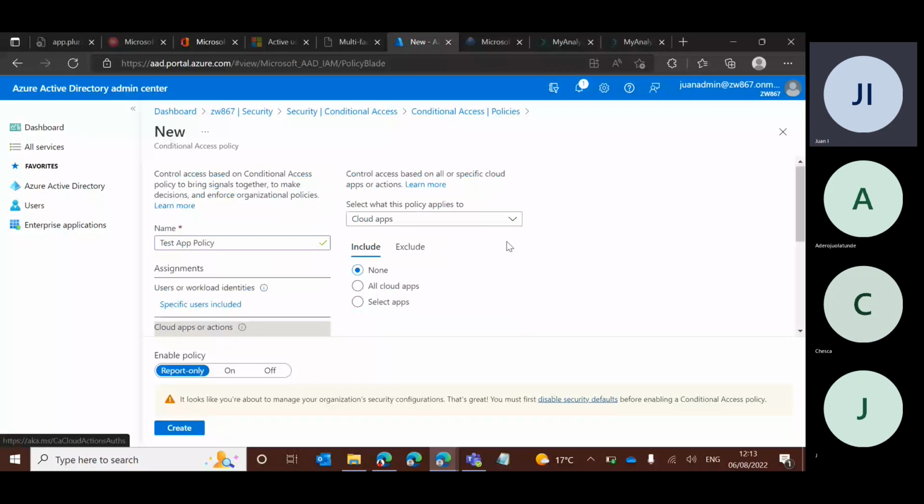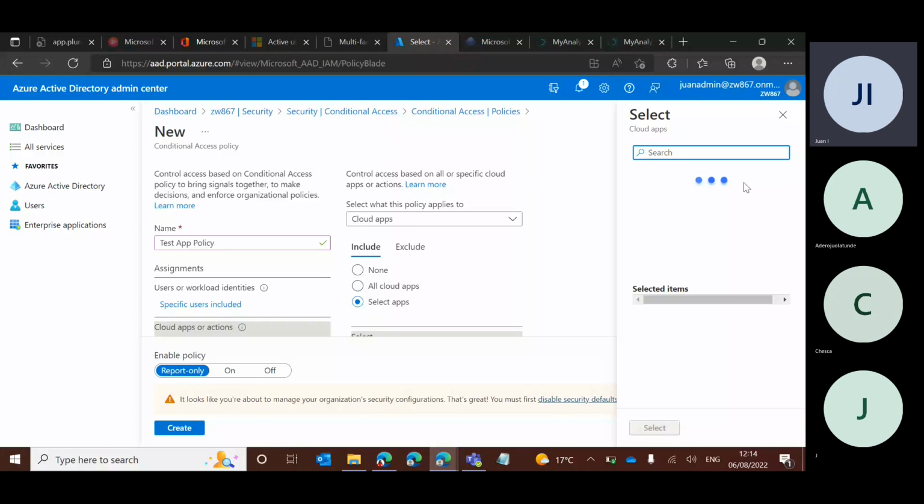What I'm trying to say is, if the users in the tech security group try to access maybe Microsoft Teams, or if they try to access Outlook, I want them to provide an extra bit of verification that they are really the ones trying to log into that account. I want them to provide an extra layer of security, an extra requirement before they can access that application. So I'll select apps,